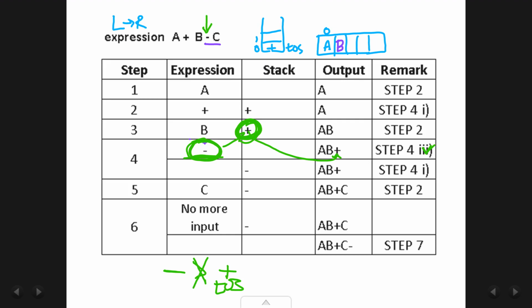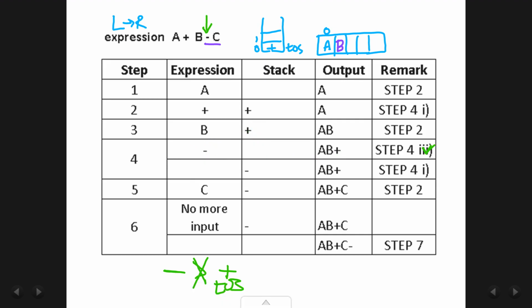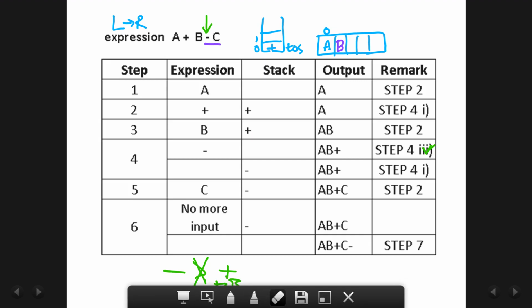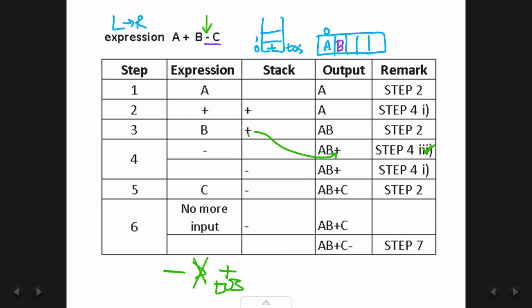Once we pop it and add it to the output, we repeat step 4. Remember, we have still not done anything with this minus. We have popped this. We have to repeat step 4. When we pop this plus, stack has now become empty.